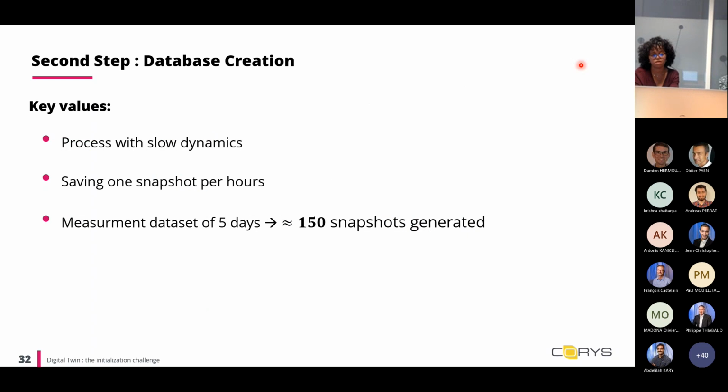There are some important information about these processes that we are looking at. The first one is that we are looking at a slow dynamic process. In the last plot I just showed, there was 1 week of measurement from the specific